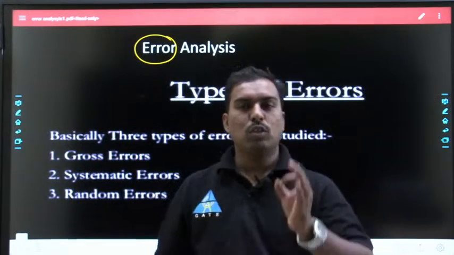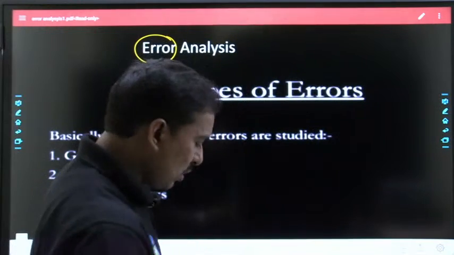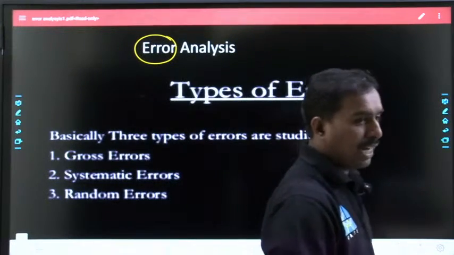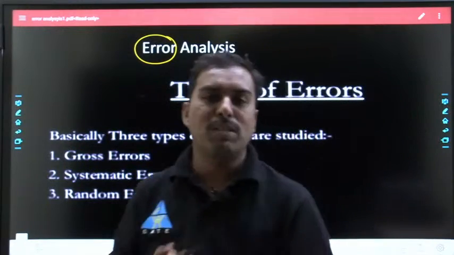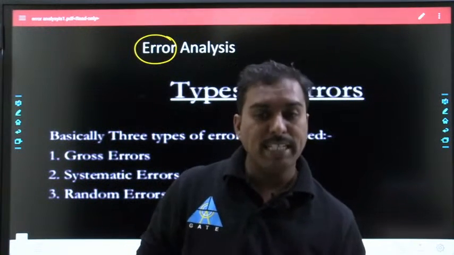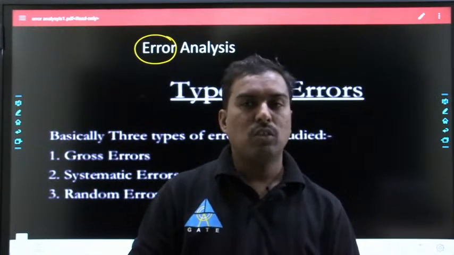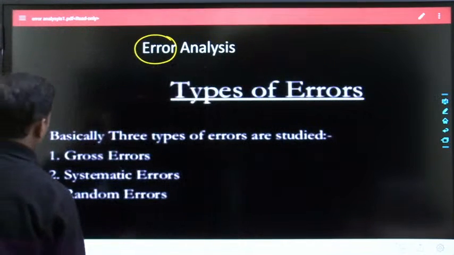Chalo. So there are certain types of errors. What is error? Generally, whenever you are doing a measurement in a lab, what you are measuring sometimes may not be correct. What you are getting may not be equal to the true value. So these are the types of error, dear students. Gross error,